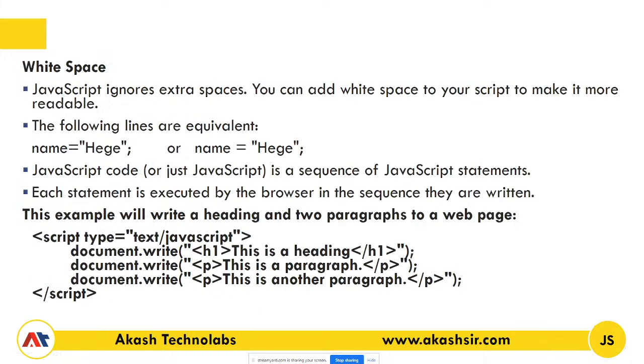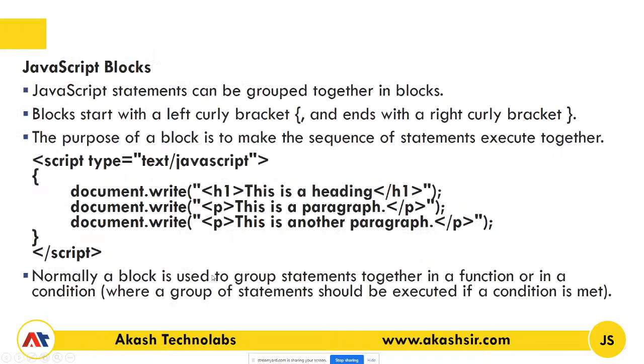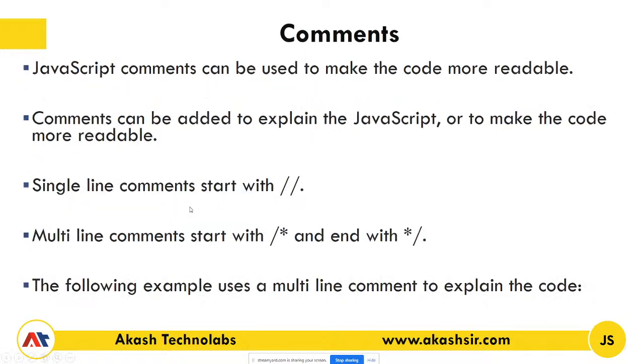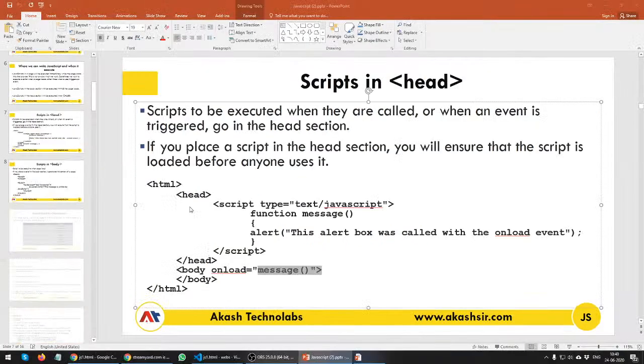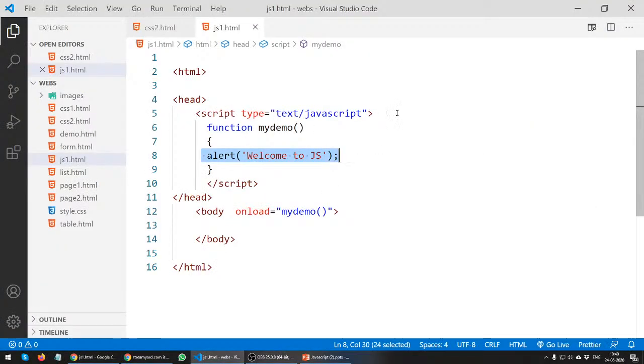So here you can see, if you want to print multiple messages, you can write document.write multiple times. This one is an H1, this one is a P1 and P1. Okay. So JavaScript blocks, let's say if you want to print multiple blocks, you can use this. Okay. Then comments. Let's say if you want to write some comments over here, for example,